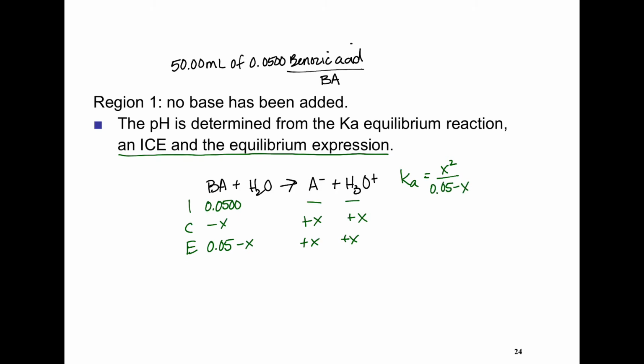Now to be able to solve for x, which is my hydronium ion concentration there, and that's equal to hydrogen ion concentration, I need to know what the Ka is. And in the problem, it told me that the pKa was equal to 4.20. And so I can use that to find the Ka. I would do 10 to the minus 4.20. And so the Ka is equal to 6.309 times 10 to the negative fifth. Now when I put that into my expression over here,